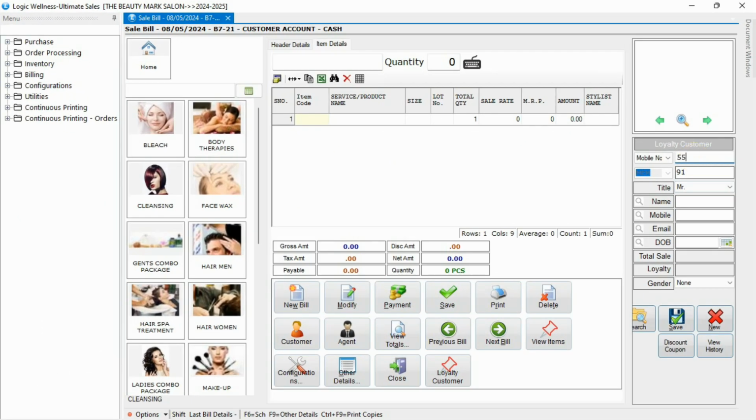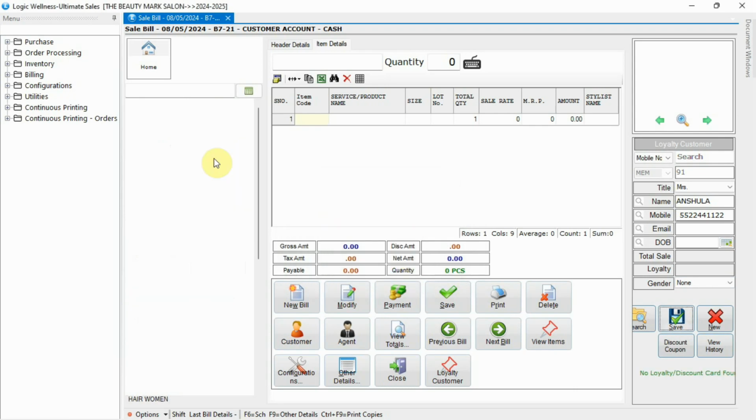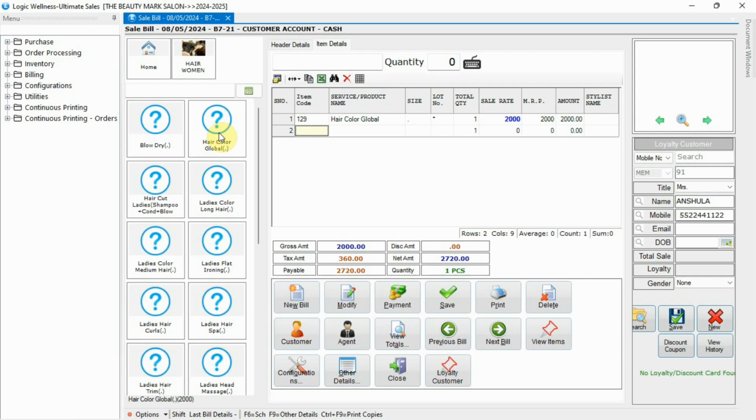Let us now see how the scheme works. Transact the services of that particular item group to which we have applied the scheme.